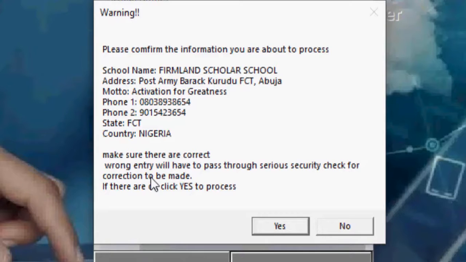If they are wrong, there is no way you can edit it after entering, except you send it to us, up the workbook, for us to edit it for you. This is our security measure, and we have reason why we are doing this. To add